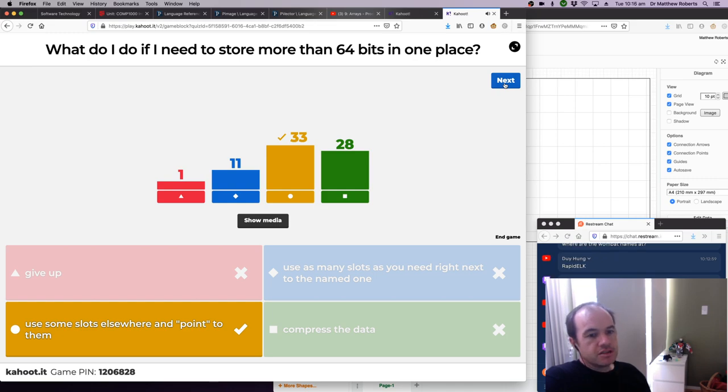Cool. Use some slots to point elsewhere. I don't think that's the most logical solution, so you must have been doing some reading. The most logical solution is just to use as many slots as you need right next to the named one. But that's not what we do in reality. In reality, all we put in that 64-bit, 32-bit slot is just an arrow, a reference pointing off